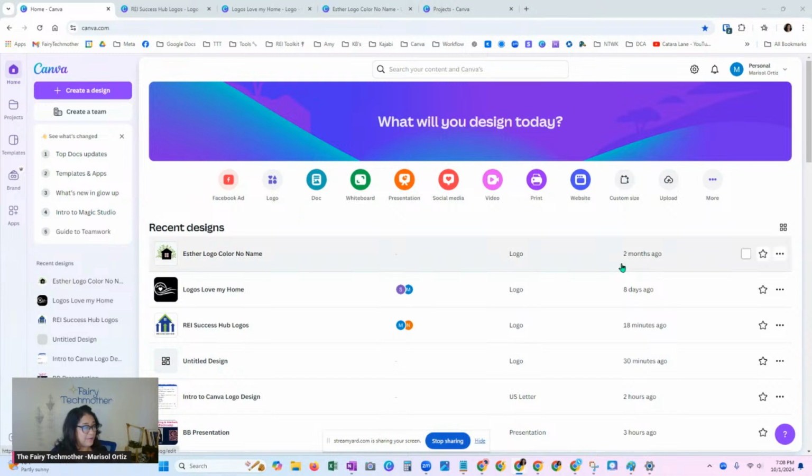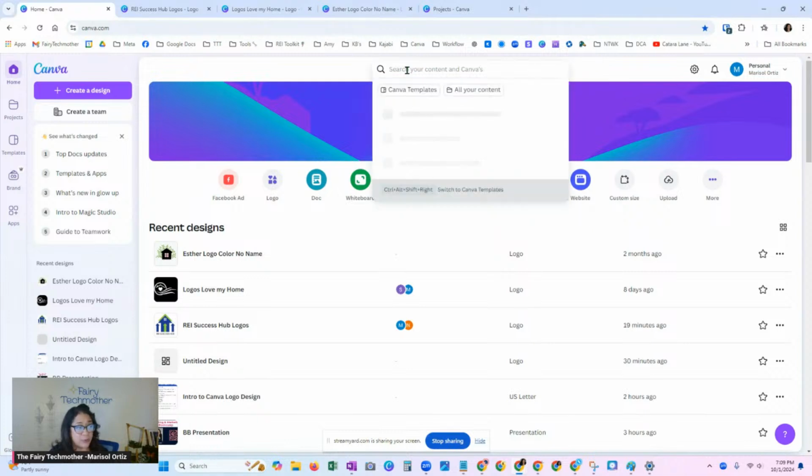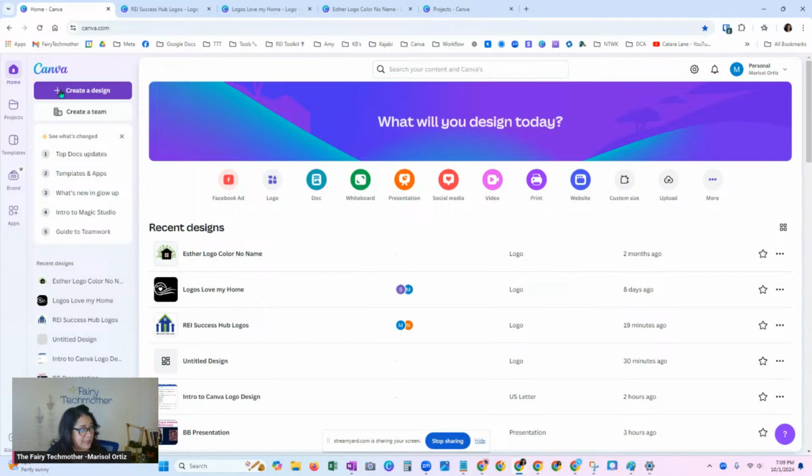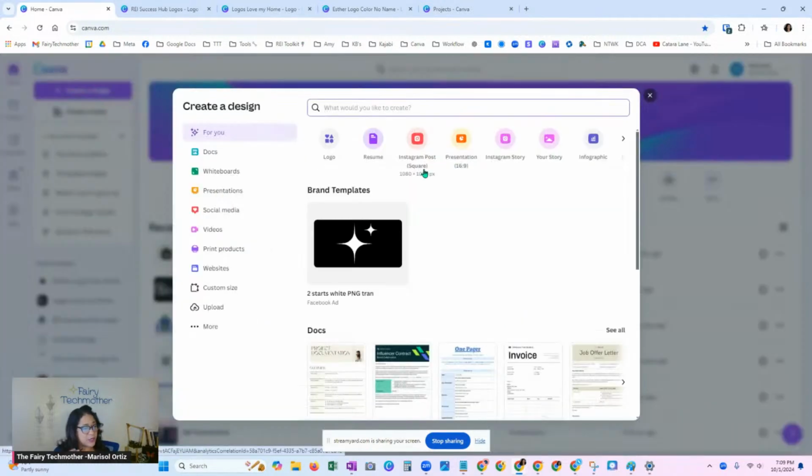So I'm right here in Canva. When you log in, whether you're logging in for the first time or not, you're going to get to a screen like this. You see all these different features and functions, and these are all different things that you can create and design in Canva. So we're going to just go ahead and start with logo. I'm going to go up here in the search bar. You can type logo from there. You can always go to this purple button that says create design. You're going to see that on every page you're in. You can click on create design, and then it pops up this nice little window. I like this window. It makes everything a little bit more clear and a little bit better to understand.